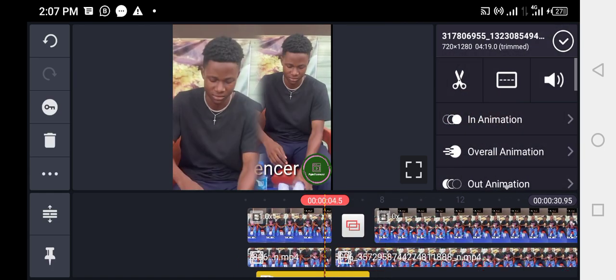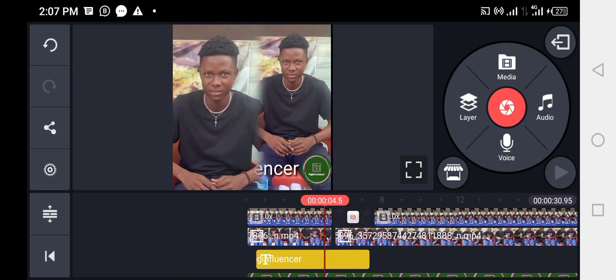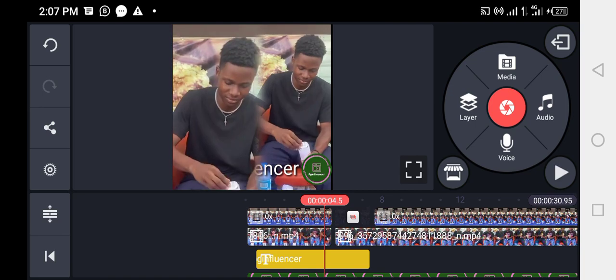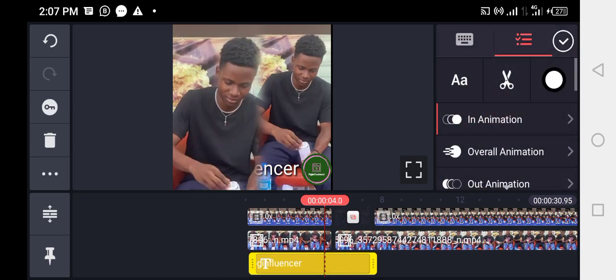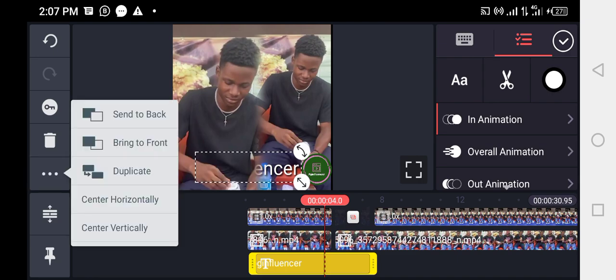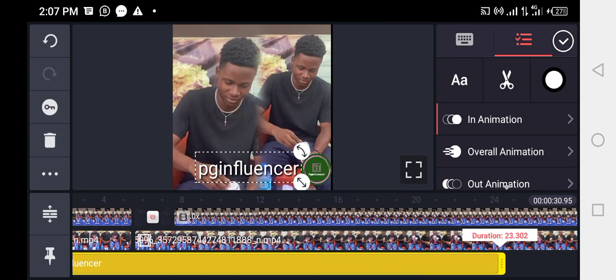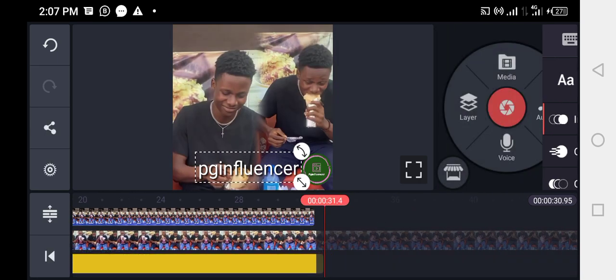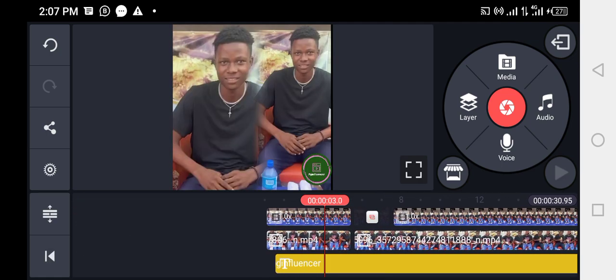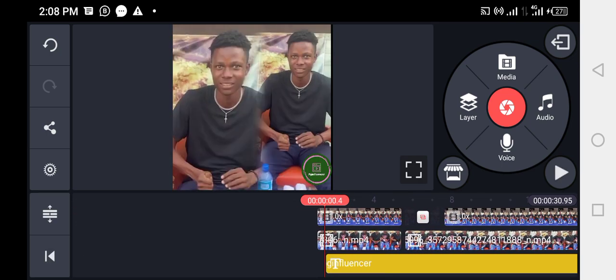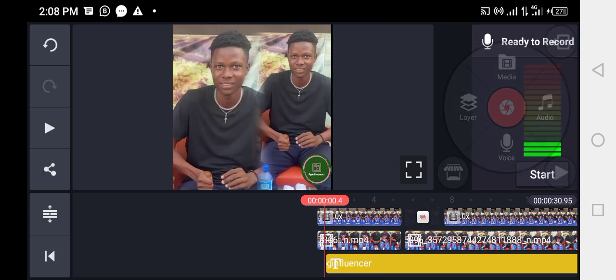You may face a situation whereby your text is hidden. All you need to do, tap on your text. At the left hand side, tap the three dots, then don't duplicate, you just bring it to front. So right now, your text is in front and visible. You drag this way to meet up to the end of your video. So let's go on the voice over. What you're going to do, tap